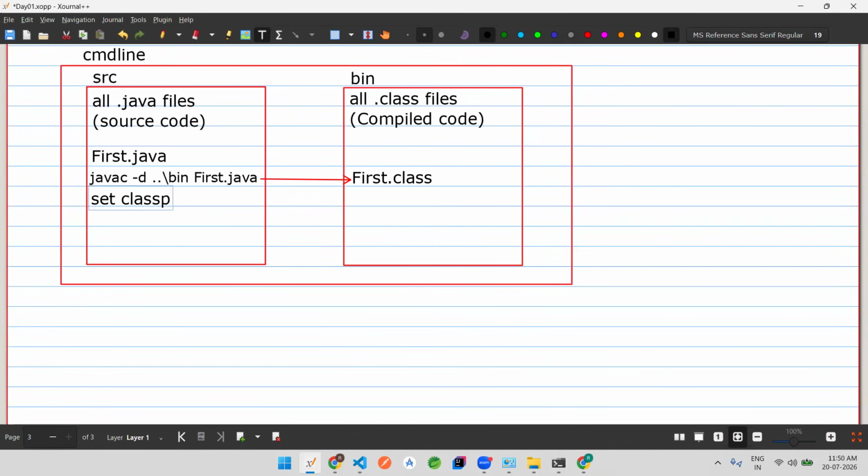Set class path is equals to dot dot slash bin. You're going to say set class path is equals to dot dot slash bin, and then finally you're going to give the command by saying Java. This is going to be first. These are the 3 steps that you need to follow, that you need to execute it from the